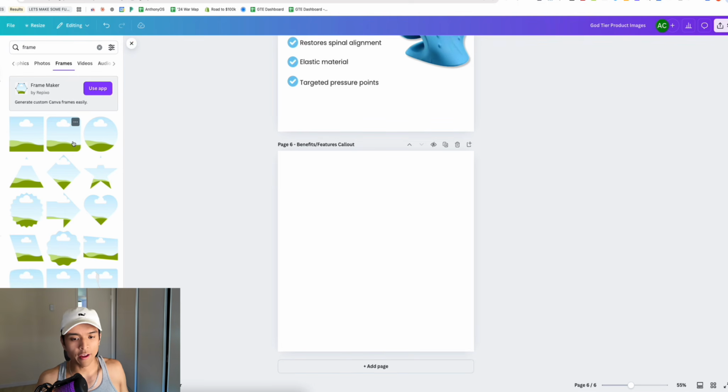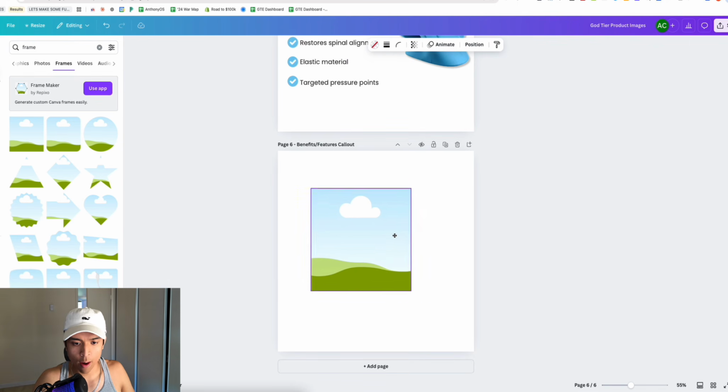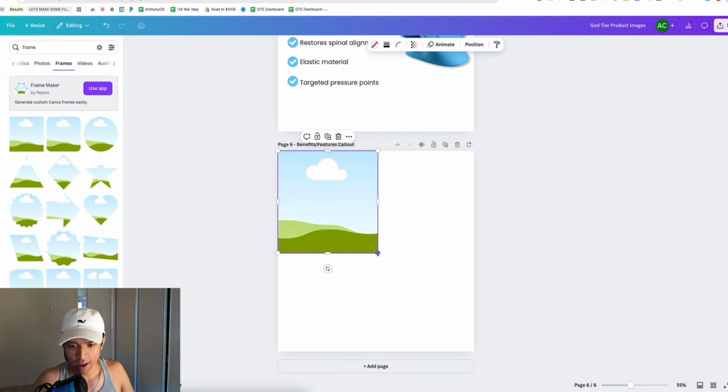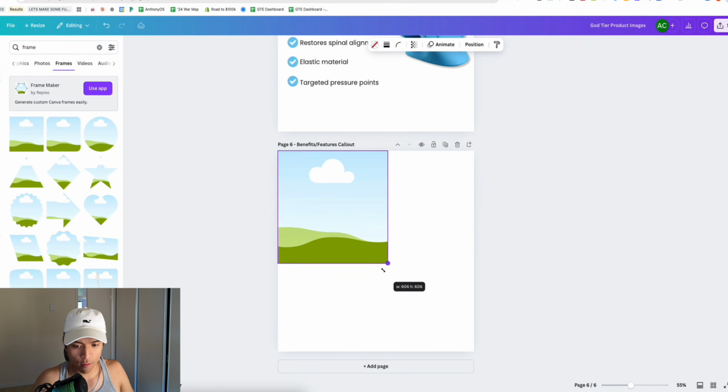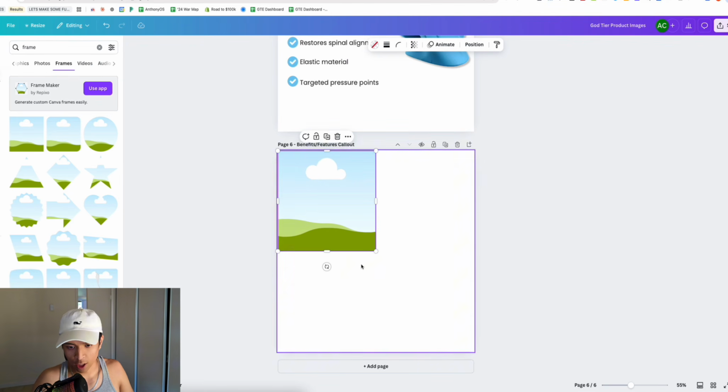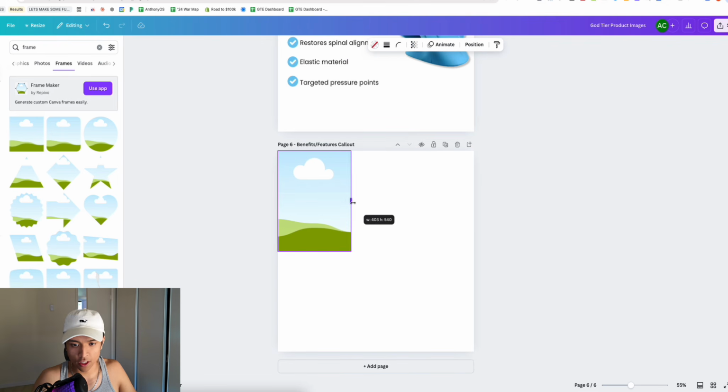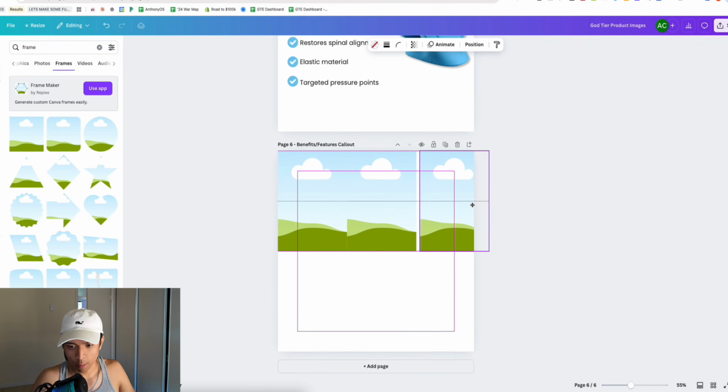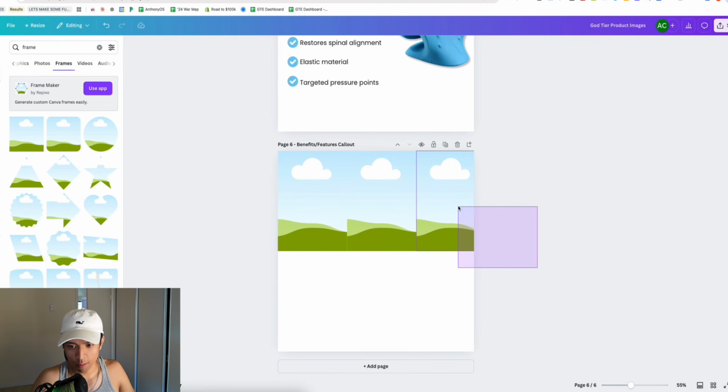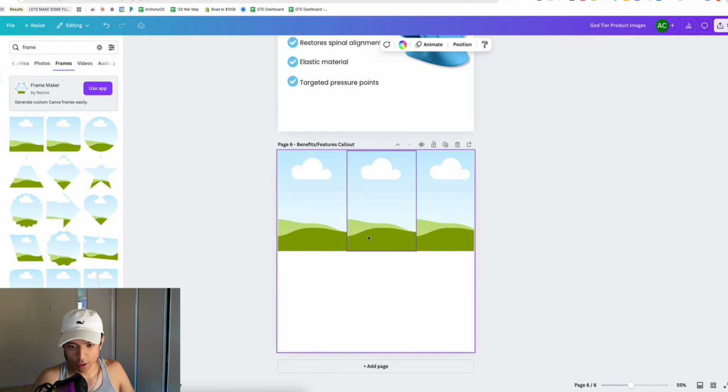All right, so to create the social proof image in Canva, we're gonna grab these frames just like this. And depending on how many images you have will dictate how many actual photos you put in this. So I have 6 images that I wanna use for this. So I'm just going to put in 3 frames up here at the top. Now, obviously I'm kind of overshooting this. So let's reduce the size of that,